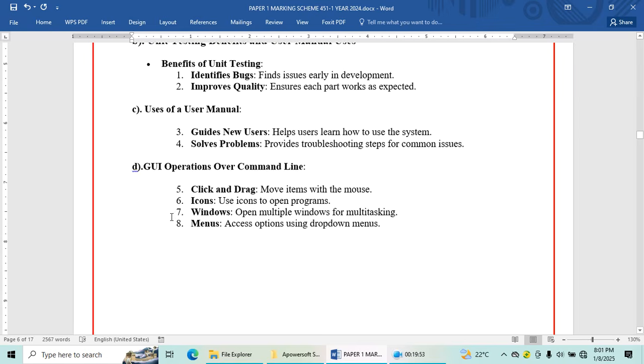Why do you think people are going for GUIs and not the command line? GUI, graphical user interface. This is Form 1. Third topic, last topic, operating systems. Here, we want to check what is the difference between GUI and command line. GUIs give you the ability to click and drag and drop, that is, to move items.